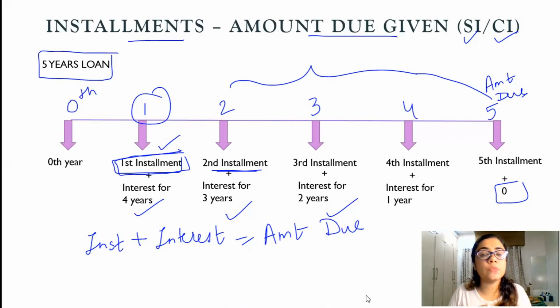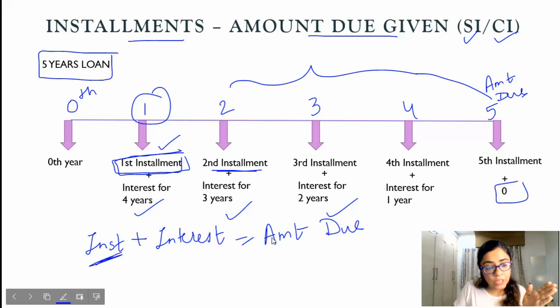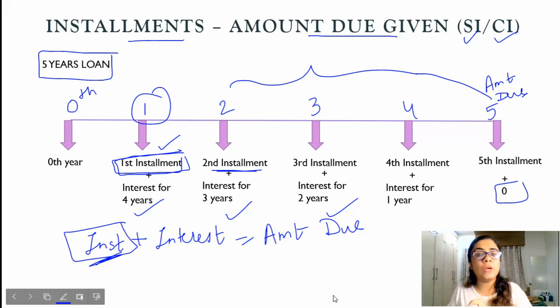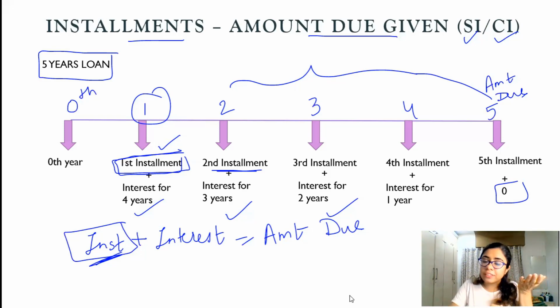So this is the reason, guys, that when you purely add all the installments which you pay, this will not be equal to the loan which you had taken. Because you are paying the installment 4 years earlier, 3 years earlier, 2 years earlier, 1 year earlier, so that is generating interest. So your interest value gets added, and that is the reason it gets subtracted from your final loan taken.